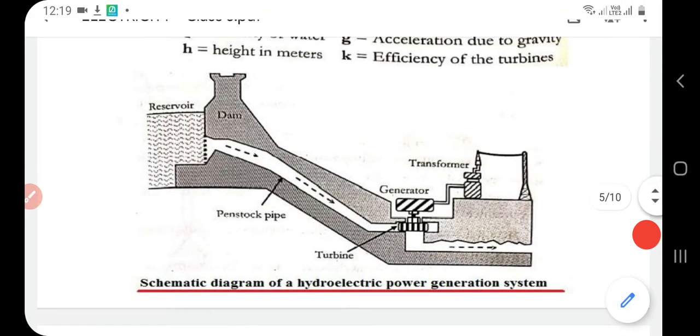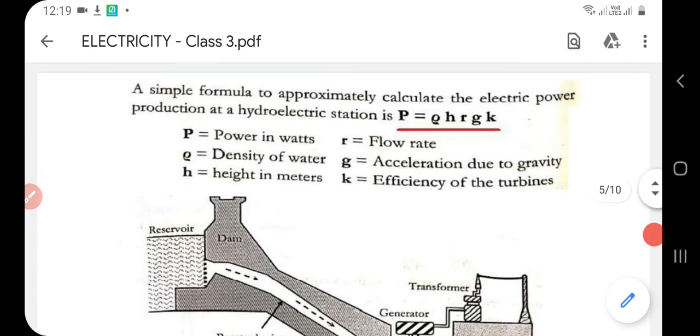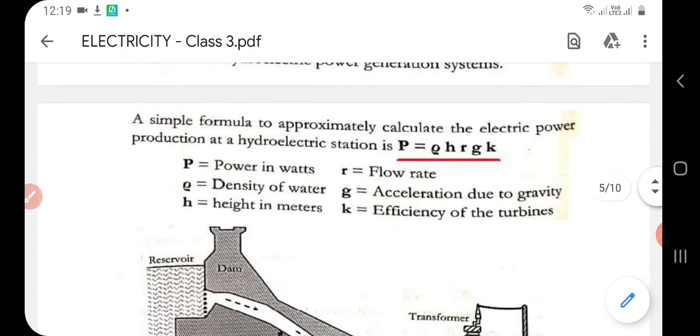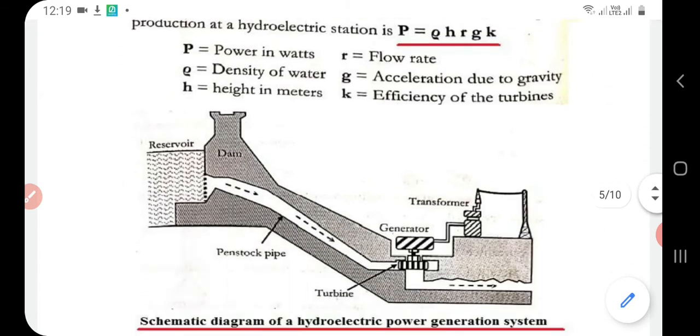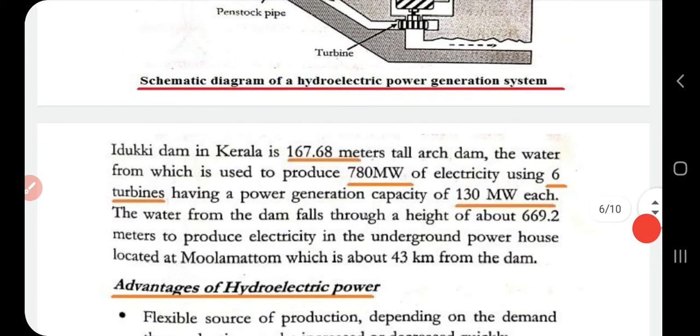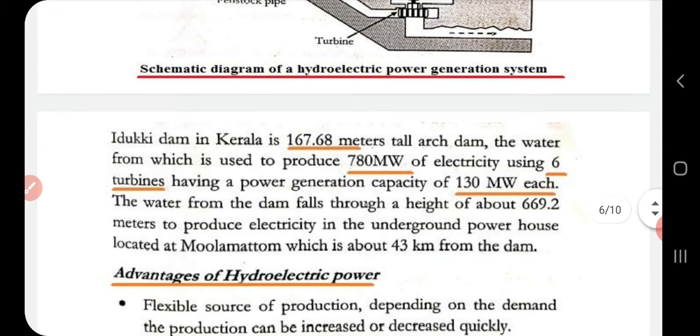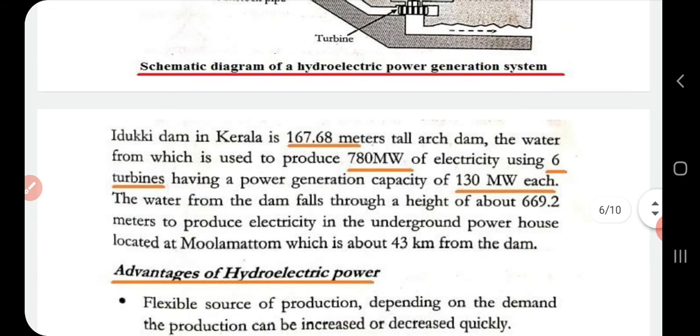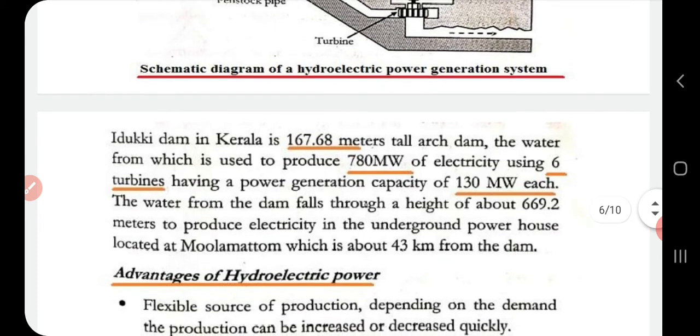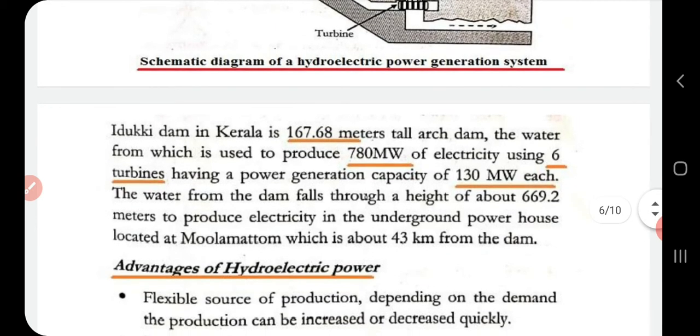This is how hydroelectric power is generated, and the electric power that is produced is given by the above formula. Hope this is clear. Now this is a statistical report of the water power, that is, hydroelectric power produced using the water in Idukki dam. It is about a 167.68 meter arch dam, and it can produce nearly 780 megawatts of electricity using